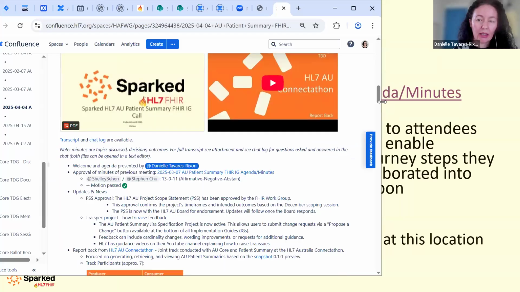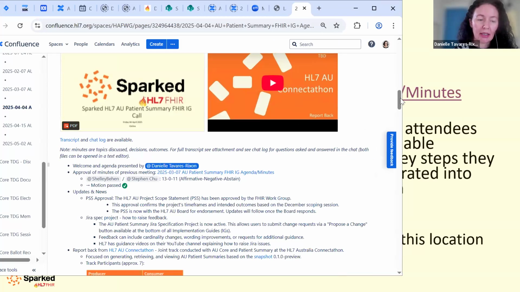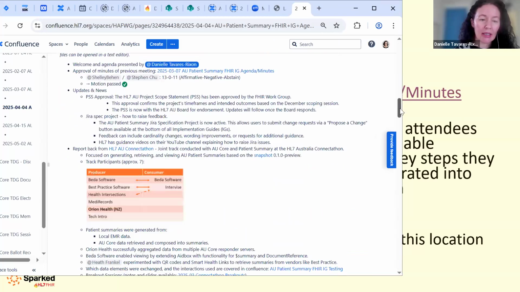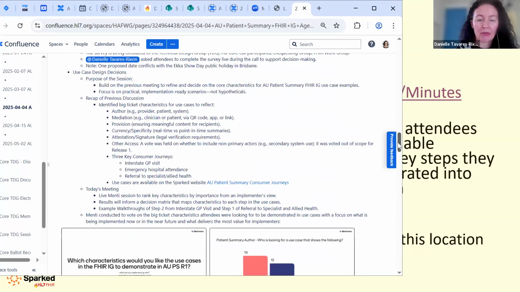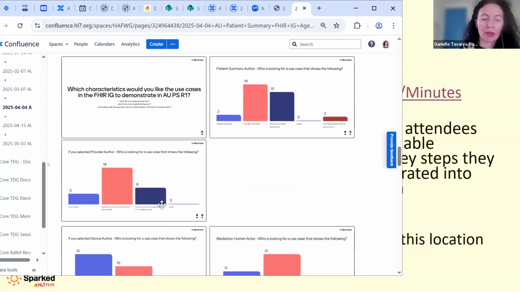We've got the YouTube link, our slides, we've got the decisions we made and what we talked about from the Connectathon review, and also the mentees we went through to talk about what would be the most useful characteristics for the people who are implementing, or are going to in the short to medium term implement, Patient Summary. What would be helpful to have as a use case characteristic in the FHIR IG.